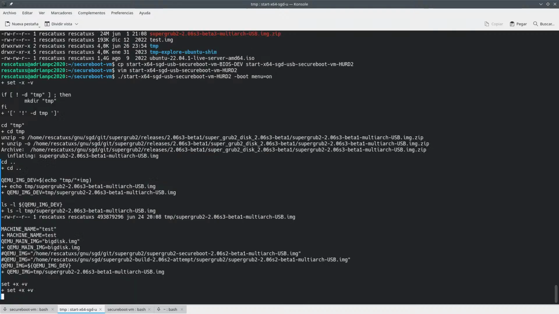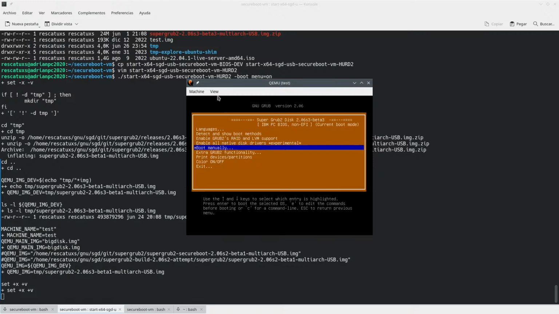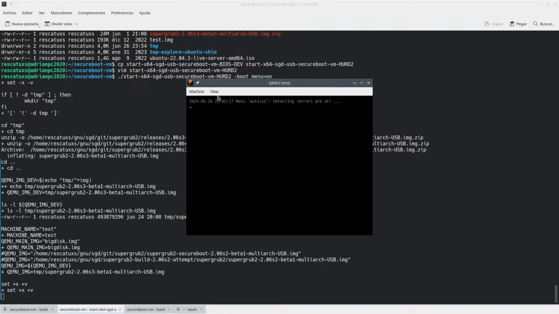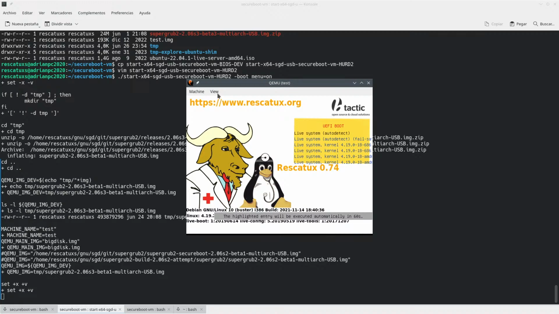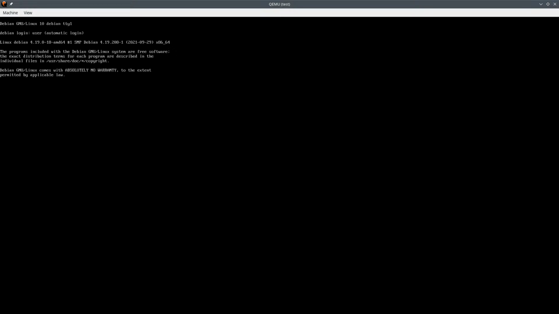And if I'm not mistaken, we should be able to have some kind of, you know, so if we go here, boot manually, bootable ISOs, Rescatux, yeah, I think we will be able to have some kind of network here, and I will paste this online because I don't want to be bothered a lot about this.